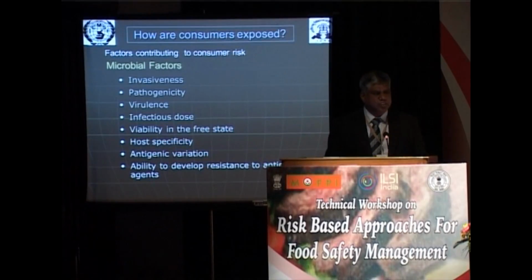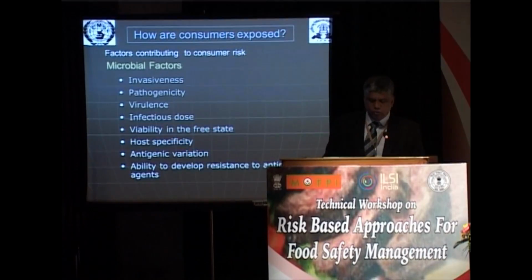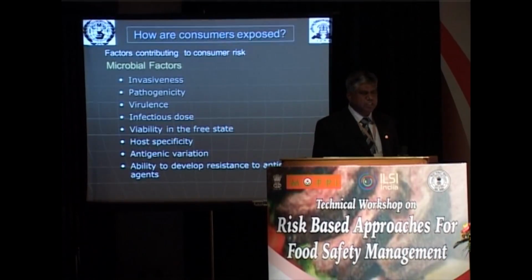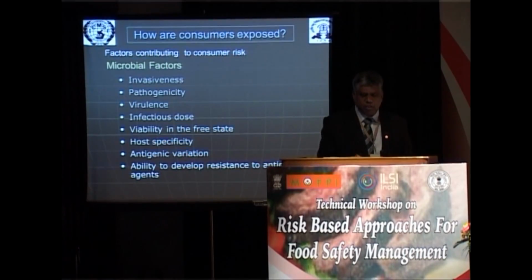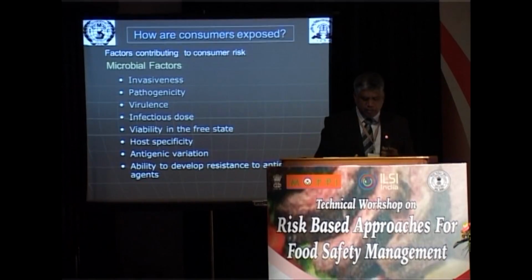Within the same species, strains vary in their virulence. In E. coli, Shiga toxin producing E. coli are more virulent than other E. coli. We have to have an infectious dose in the food. Some pathogens are more stable outside the system or in the environment, like viruses. We have mostly control measures which are targeted to bacterial pathogens, but we miss the viral agents which are very stable in the outside environment, in the free state.